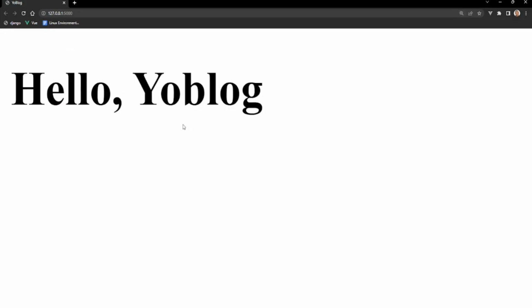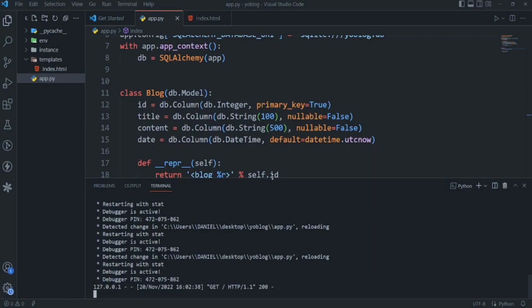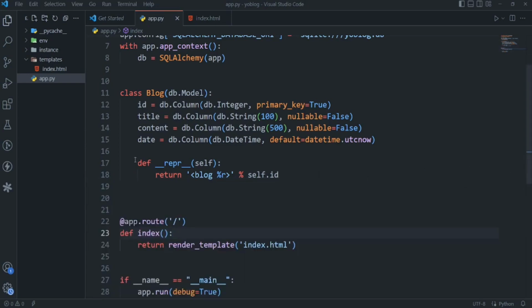So I just want you to see that. Now we can head back to VS Code and probably add other pages. All right, so over here you can see I'm in VS Code, and now let's try to add other pages. To add other pages, you can just click on the template, click on the new file icon, and we can see we need